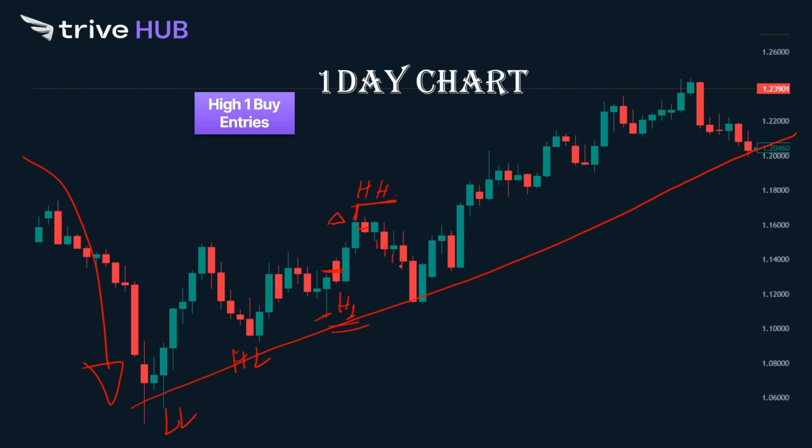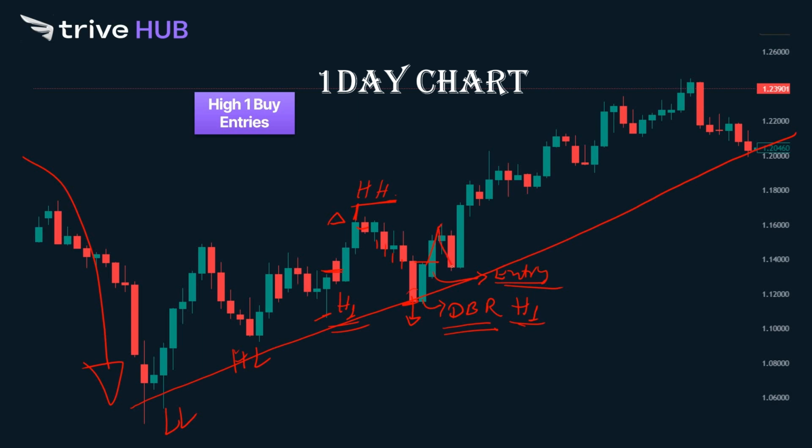and then it started to form a pullback, and none of the candles has crossed the previous candle's high till this red color candle, and we have seen a double bar reversal in this green color candle, but still it has not been able to break the previous candle's high, but this candle did. So this is the entry candle according to the high 1 scenario,